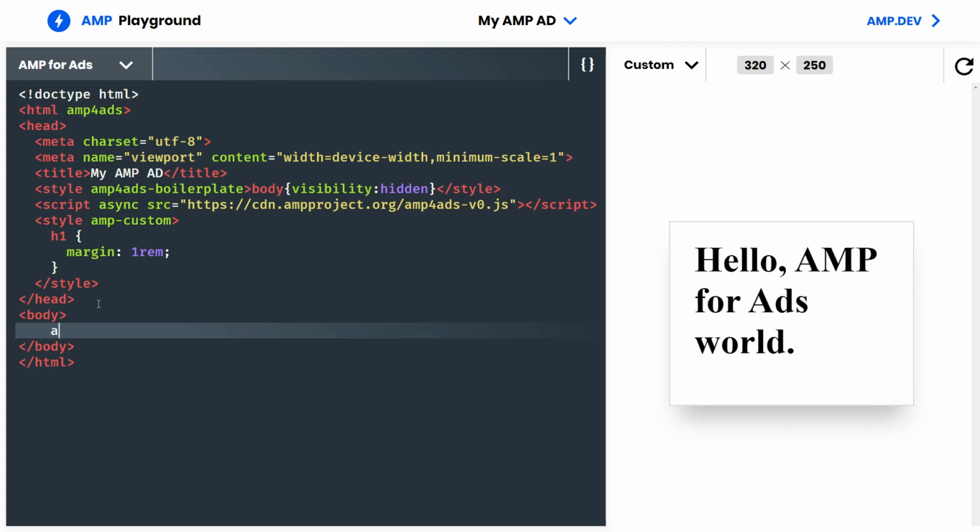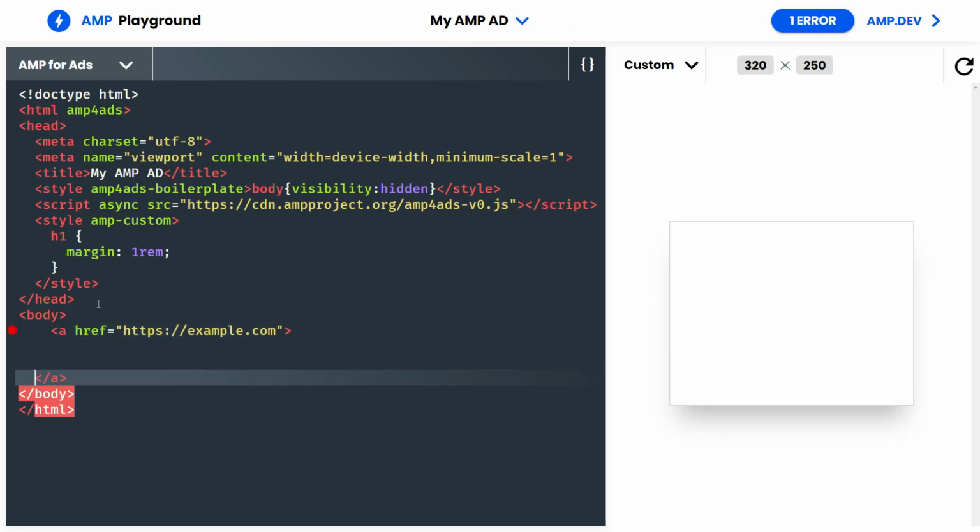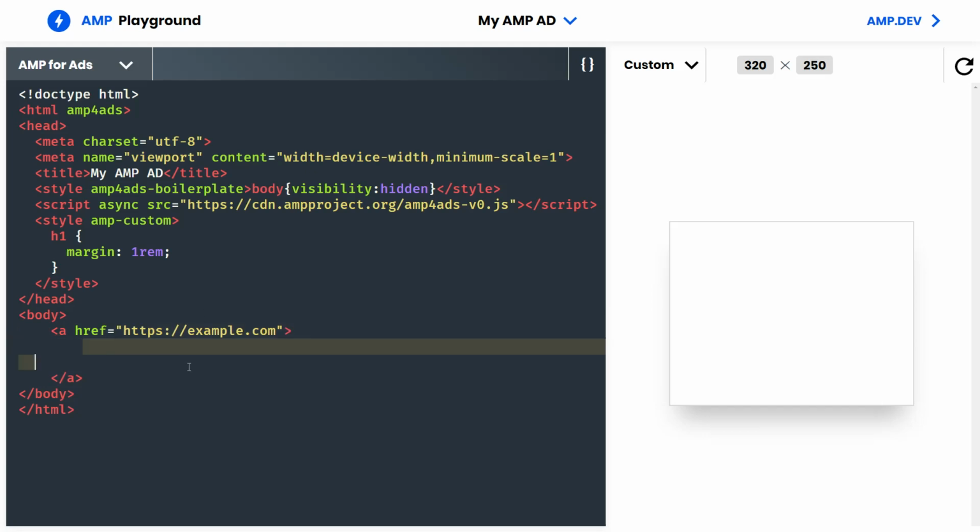So let us create a banner. Let us create a quick banner for our tracking site that we have, and let's say example.com. So you have to make sure that all the links are HTTPS, okay? And the same thing goes for email. All your links must be HTTPS. Basically, if you develop in AMP, just do yourself a favor and buy an SSL certificate, because AMP is very strict about SSL, okay? You can sort of make it work in some instances with HTTP, but why do that? I mean, you can also get a certificate for free with Let's Encrypt. So if you develop in AMP, HTTPS your site.